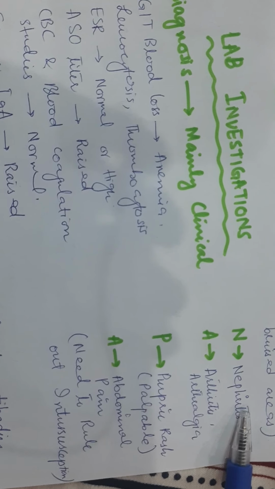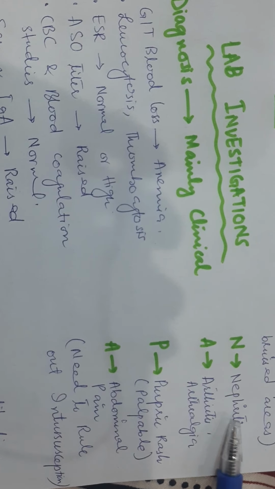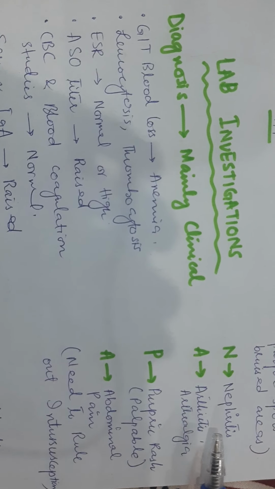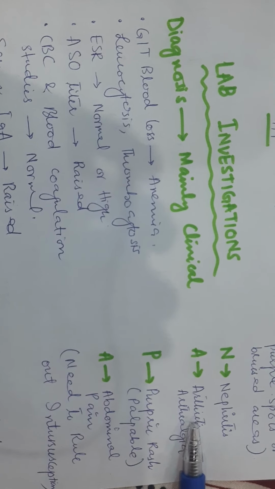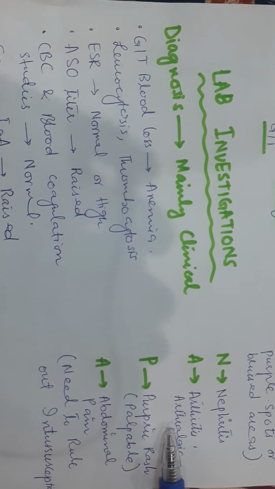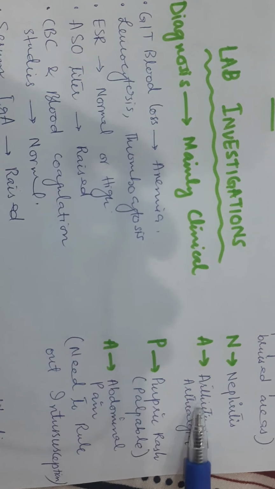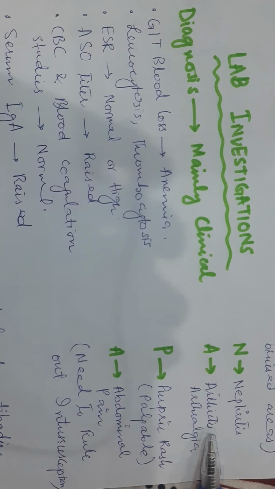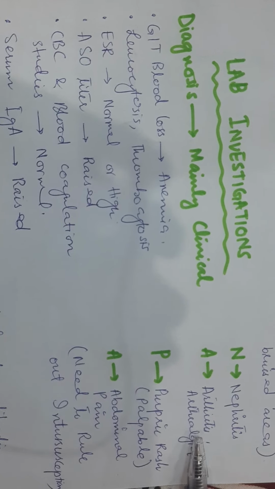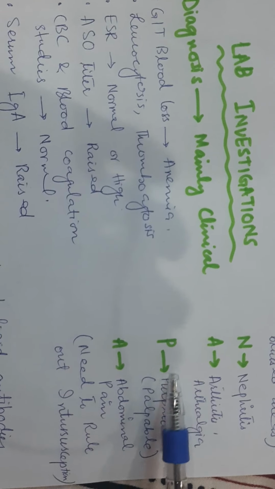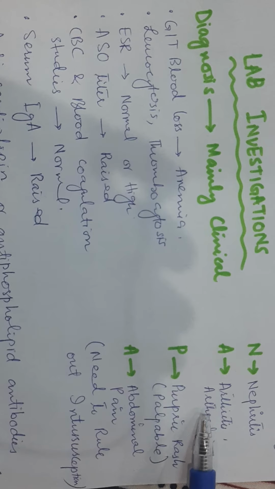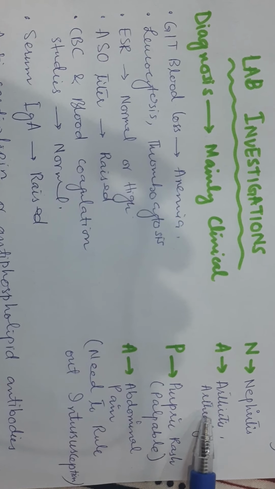Due to the glomerulonephritis, the patient may present with hematuria, which may be gross or microscopic, or continued renal involvement may lead to the development of nephrotic syndrome, hypertension and renal failure. A is for arthritis or arthralgia: there is pain and swelling of the joints, and tenderness and pain on movement is present. P is for purpuric rash, that is palpable, present mainly on the lower limbs,